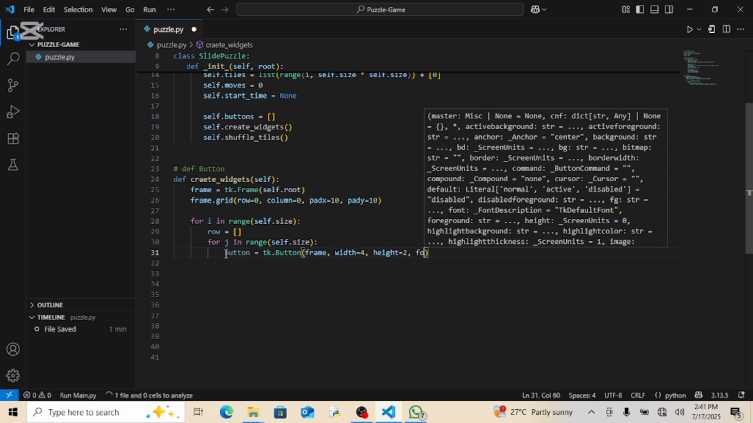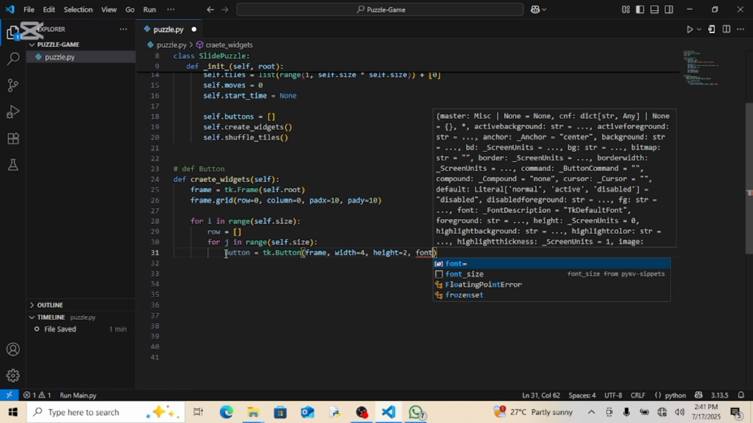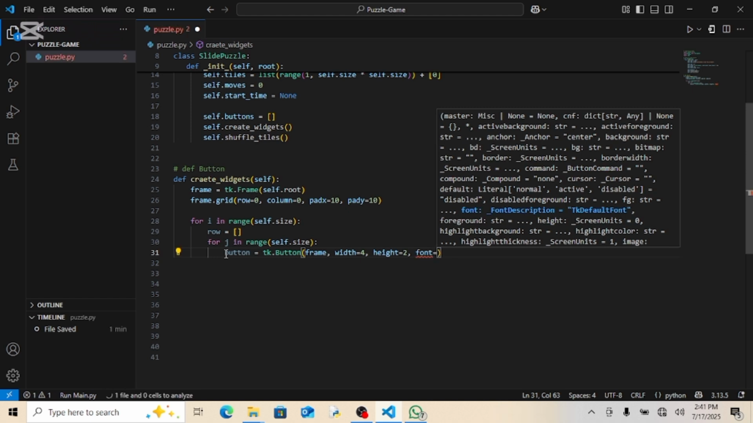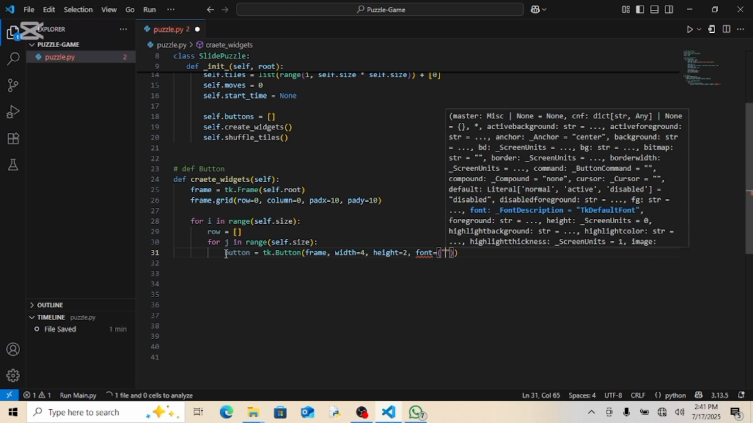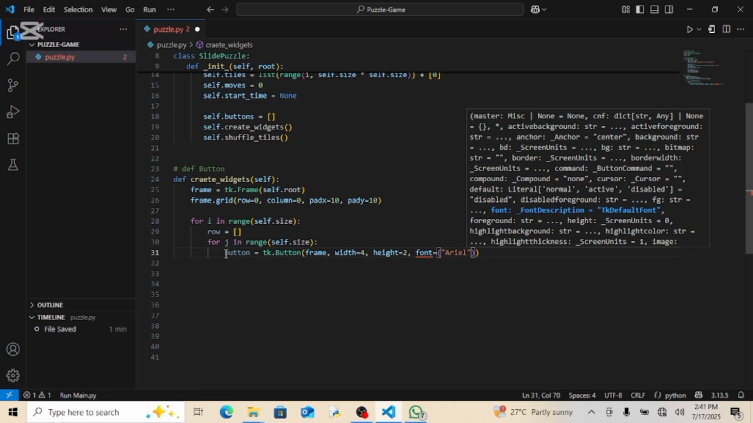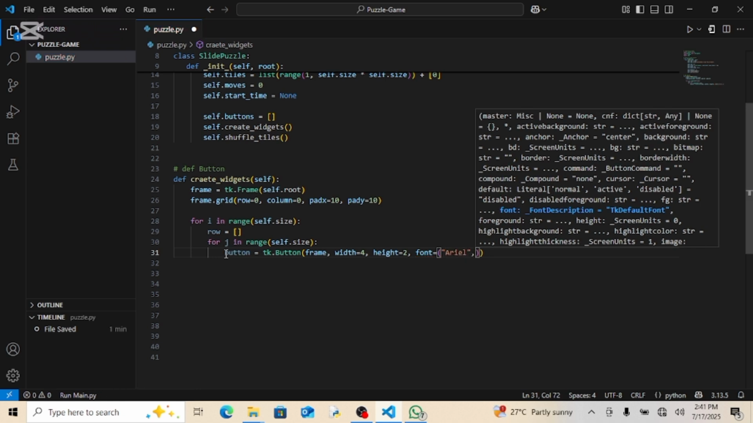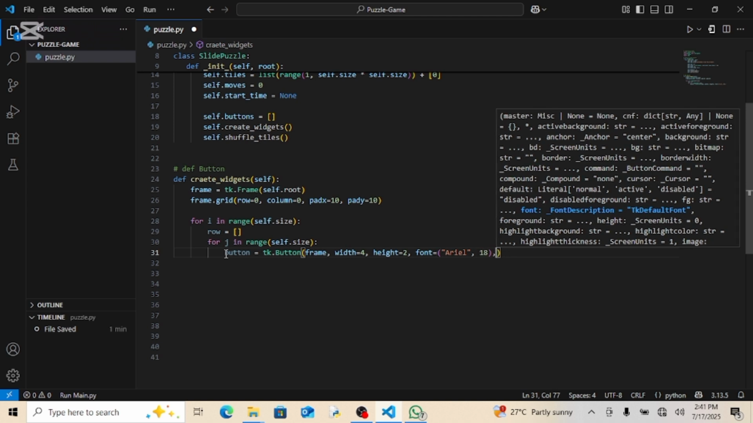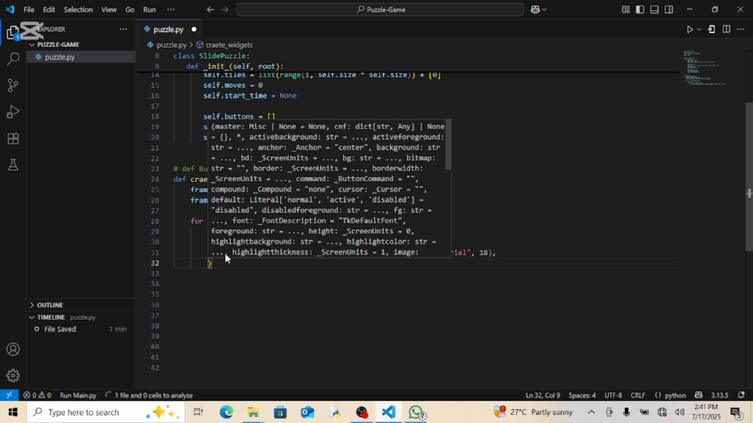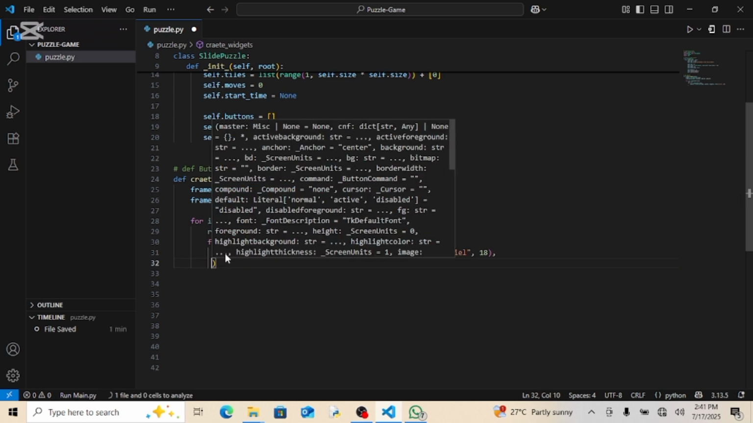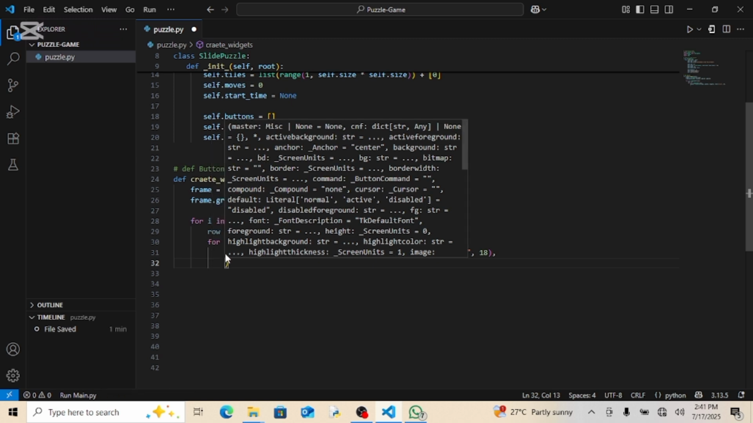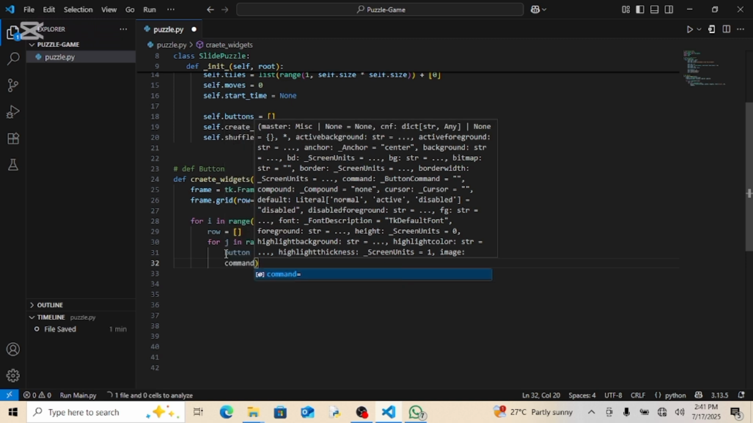Then let's also set a font. So the font, I'm going to use Arial, and the size for the Arial is going to be 18. Then let me just close this from here. Then next, I'm also going to have another variable incoming. So I'm also going to have command, and the command is going to be equals to